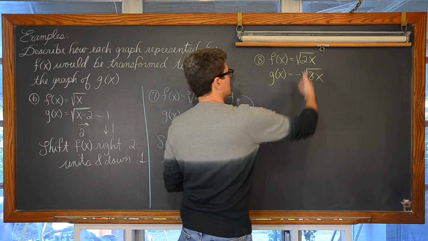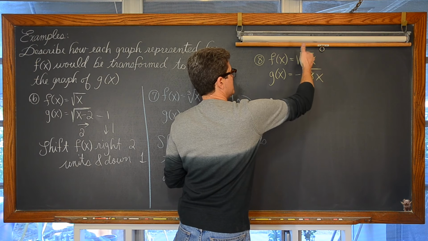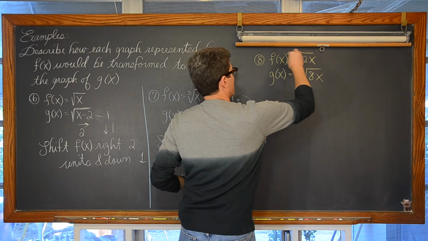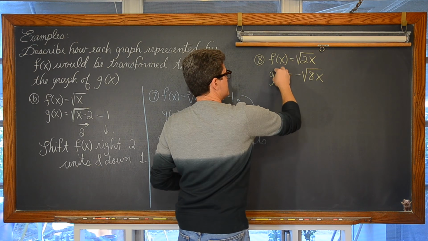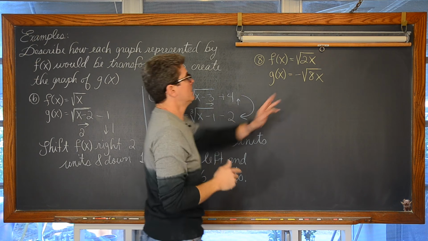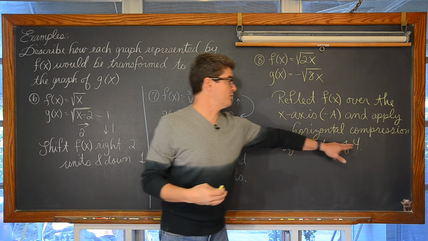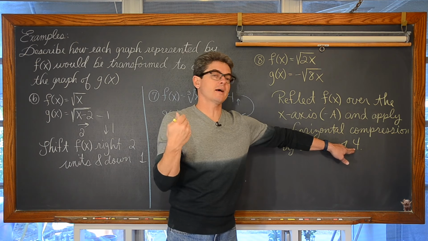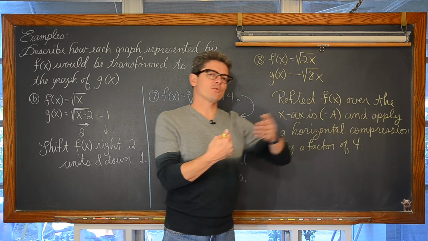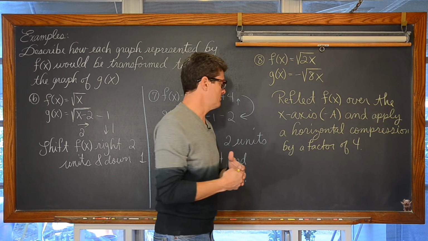So what multiple, or dividing is multiplication, what multiple gets you from 2 to 8? Well, 4. So if you want to make function f look like function g, you're going to need to increase that horizontal compression by a factor of 4. And again, that means you're going to move all the points horizontally towards the y-axis 4 times closer. Again, before there's any kind of horizontal movement.